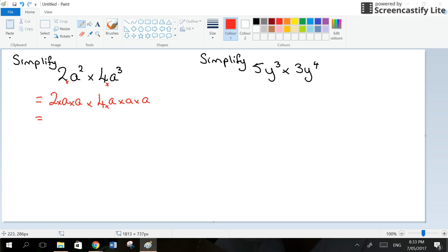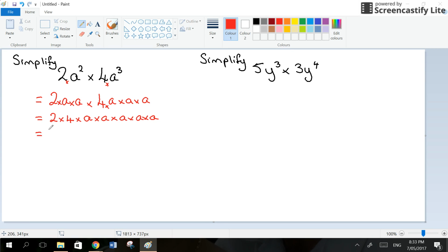Because this is a multiplying problem, we have all these things multiplied together. We can change the order and it doesn't affect the result. So we can write down here 2 times and the 4, put the numbers together, and then we write all the letters. So we've got a times a, which is the first ones, and then we've got a times a times a, which is the last 3 over here, and they're all multiplied together,